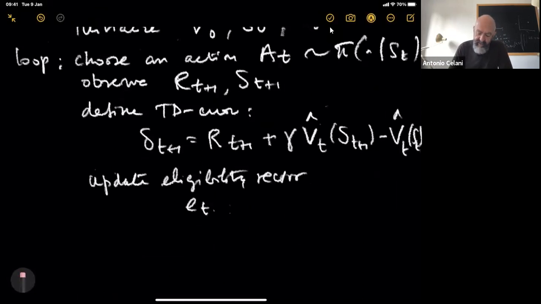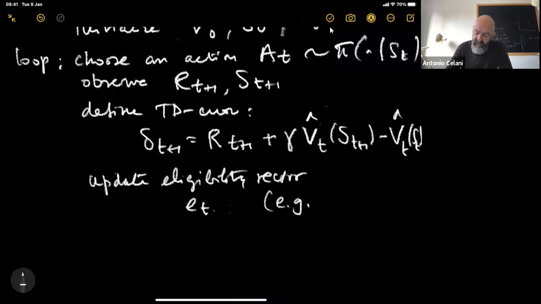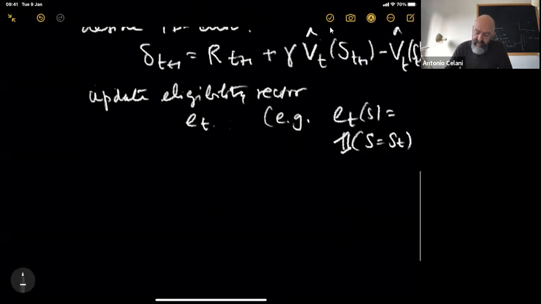Okay, for instance, just to clarify the idea, e.g., Et of S is equal to just the indicator function of the state you have just detected for